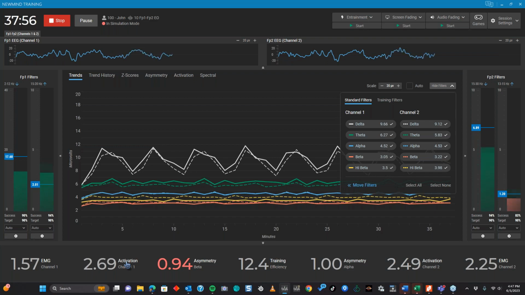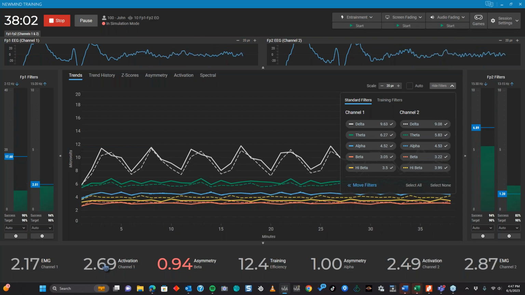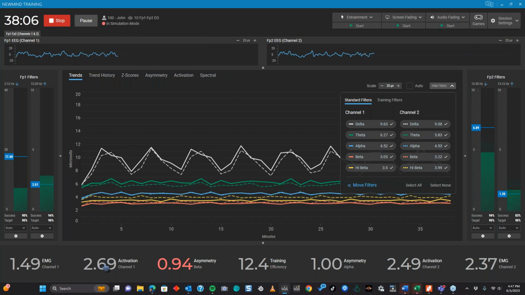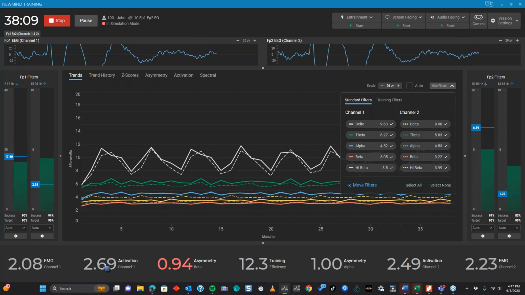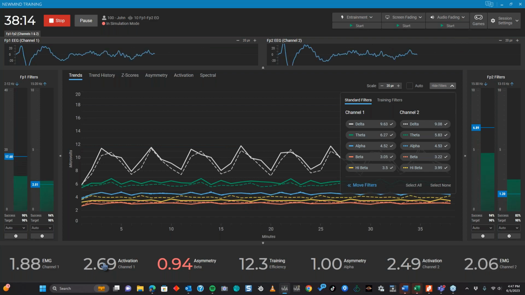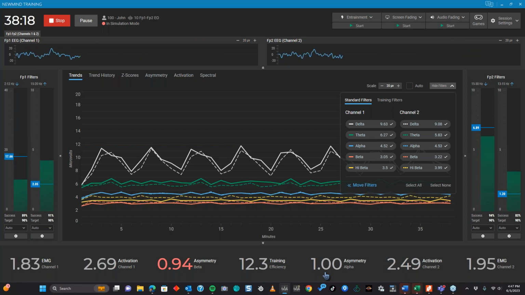So if you're training a protocol that's bringing delta and theta down, that's when I'm really looking at these activations, to see what's going on with the protocol. Is the protocol being effective? Or is everything being stagnant? And I think Rob touched on that earlier. And that's one